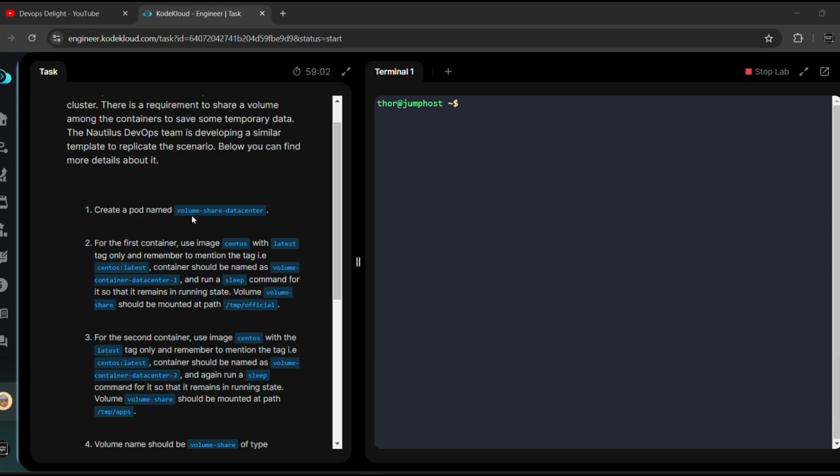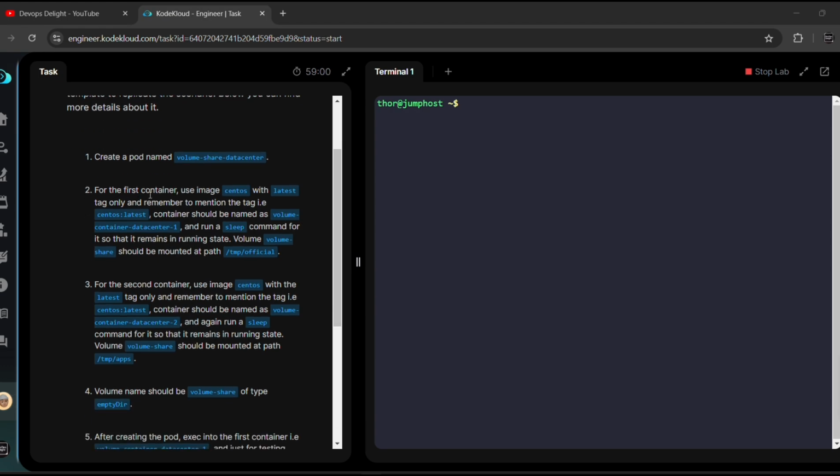volume-share-datacenter. 2. For the first container, use the image CentOS with the latest tag only, and remember to mention the tag, that is centos:latest. Container should be named volume-container-datacenter-1 and run a sleep command for it so that it remains in running state. Volume-share should be mounted at